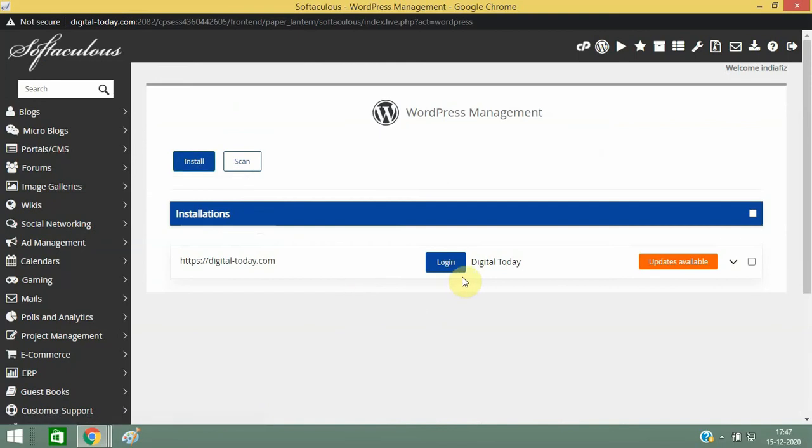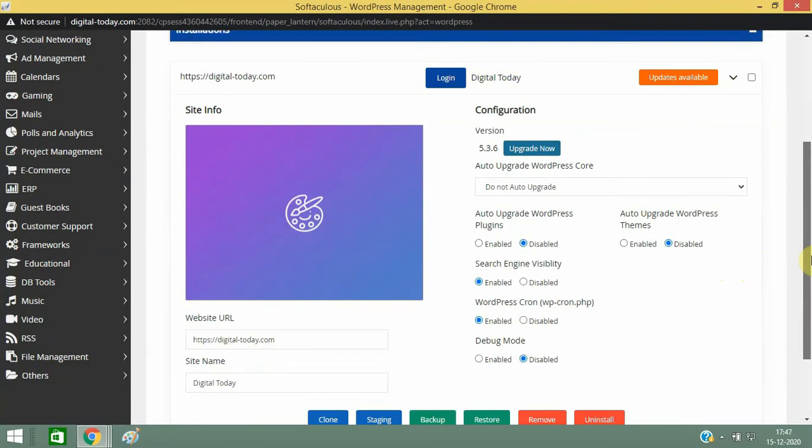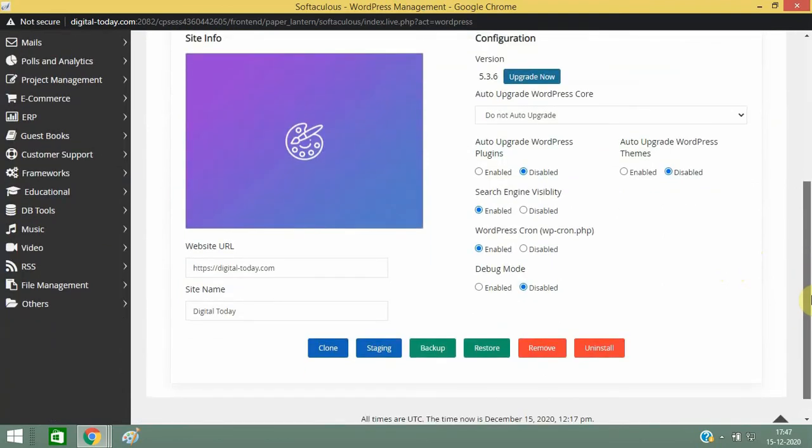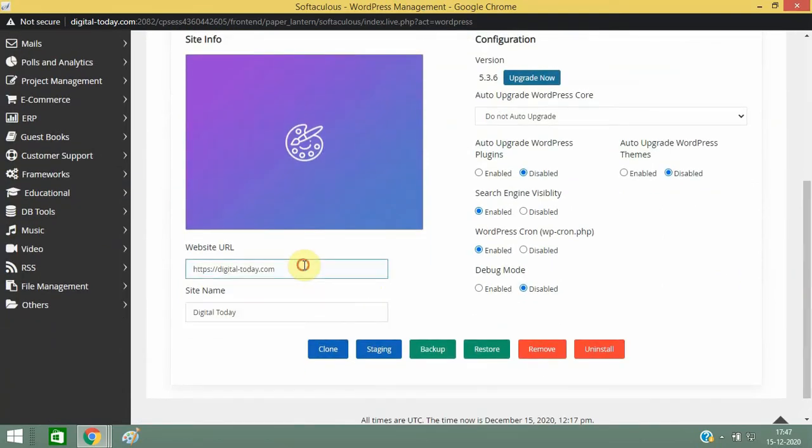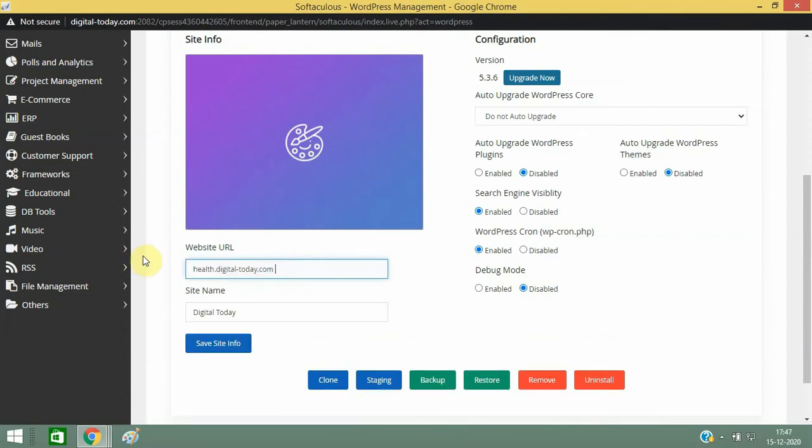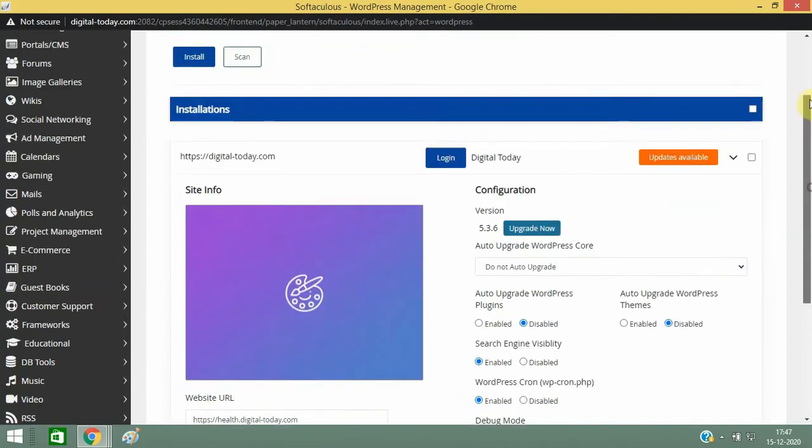You can install it. You can see this is my primary domain. It's showing upgrade the version. Change the URL here.